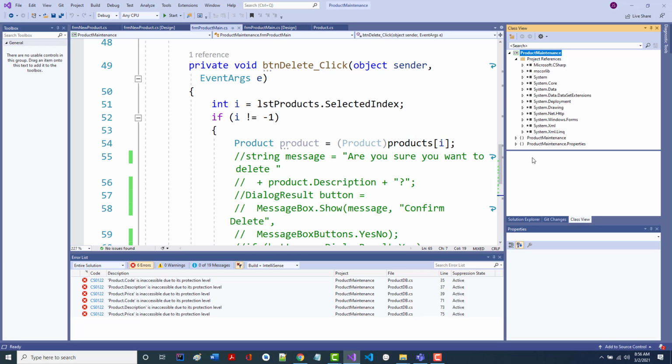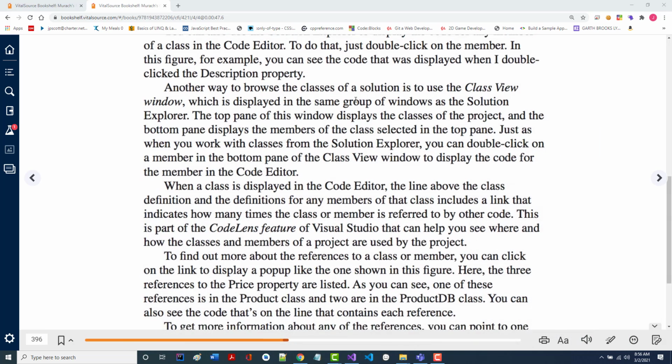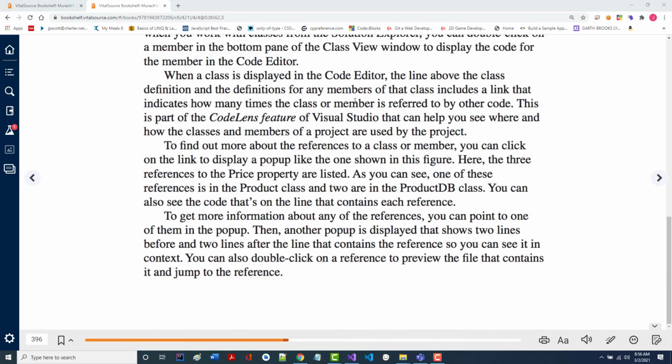And again, you can see how it breaks down. Now, it also opened up a new tab down here. This is Class View. And if I go back, I can bring up my Solution Explorer and I'm back where I was.